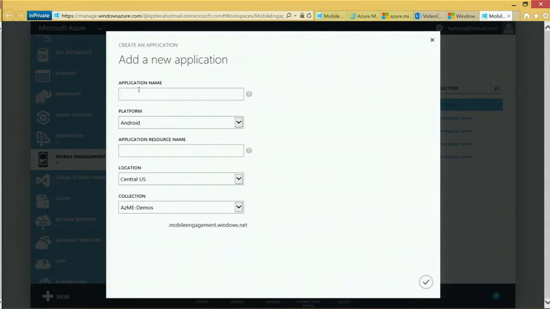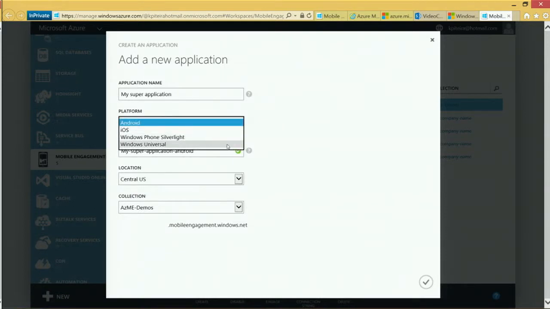You just give a friendly name, my super application, for example, to your application. You can choose which platform you target, because of course, as we support all the different notification systems, you can select them here. You can choose the location you'll be